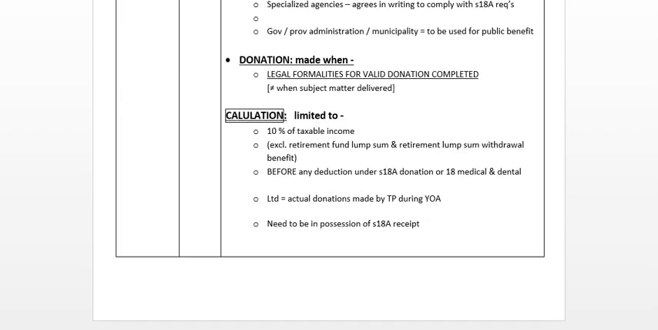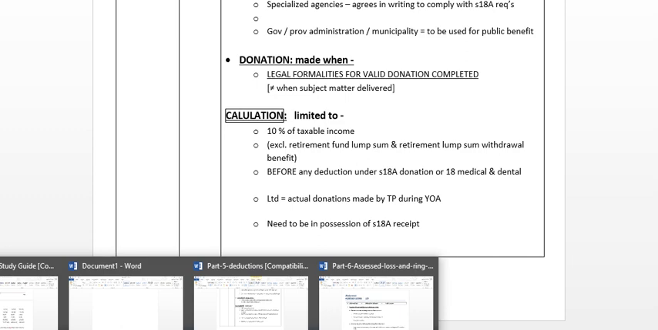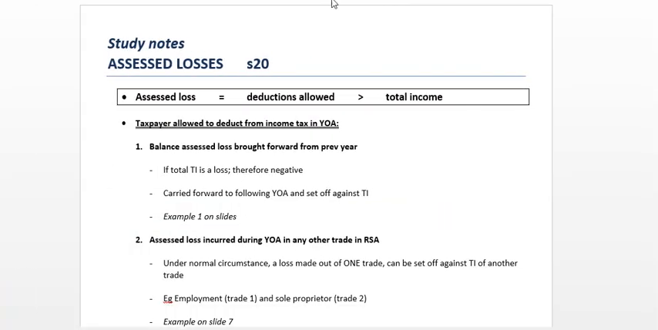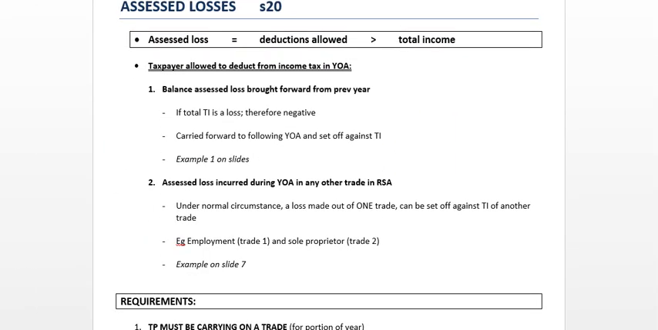Okay, so those are all your deductions. The only last thing I want to go through is assessed loss, because that's also something that we're going to go through now in the slides, and something that you should know. But basically, an assessed loss is any loss in your taxable income calculation that you made. You may bring it forward to your current financial year, and it's a deduction for you, so it will make your current year's taxable income less. Okay,